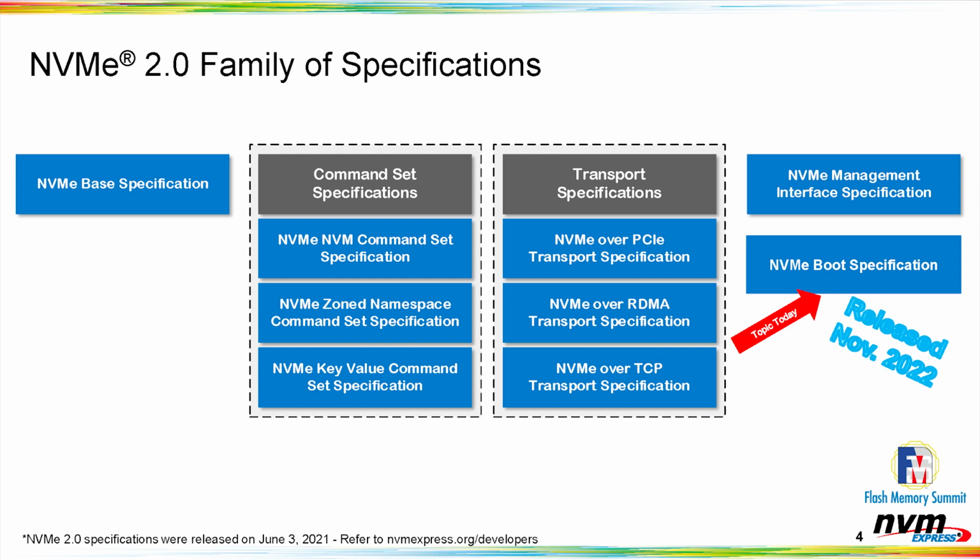So the standard is on version 2.0. Here are the 5 different pieces. You can try to guess, or look at the pointer, as to the part this talk is about. The base specification and the command sets, which is kind of the API, is basically where what you'd think of as a standard sits. And then there are the transport specifications, which come into play here with what we're going to talk